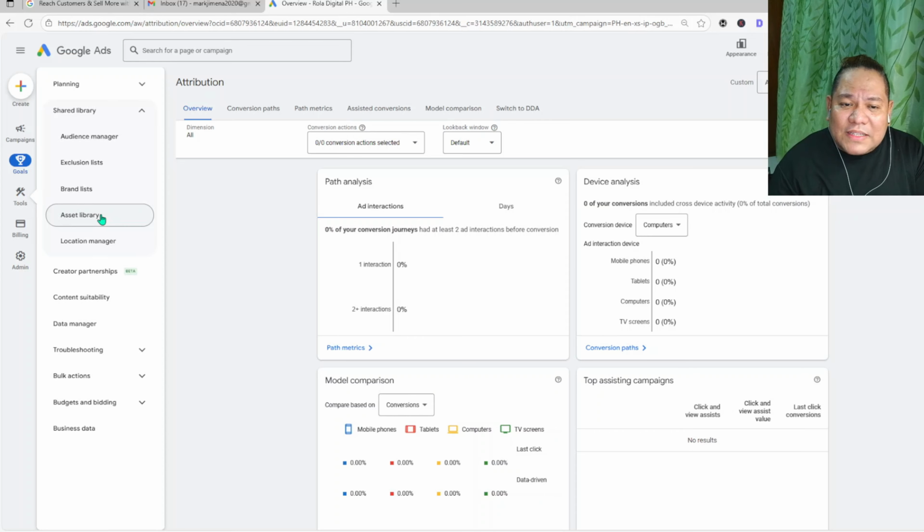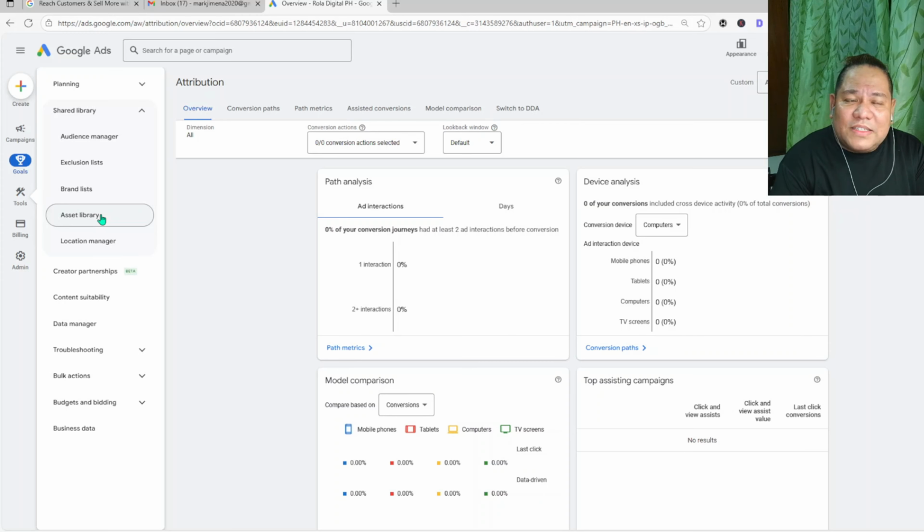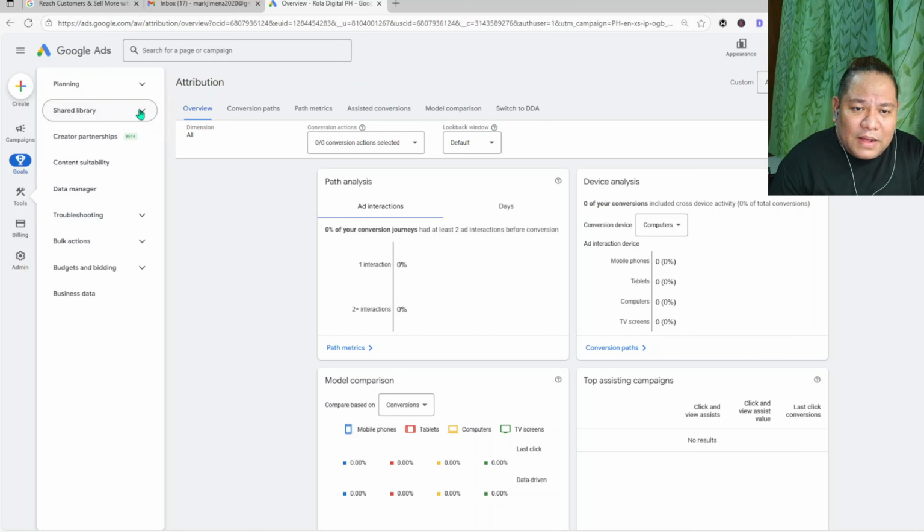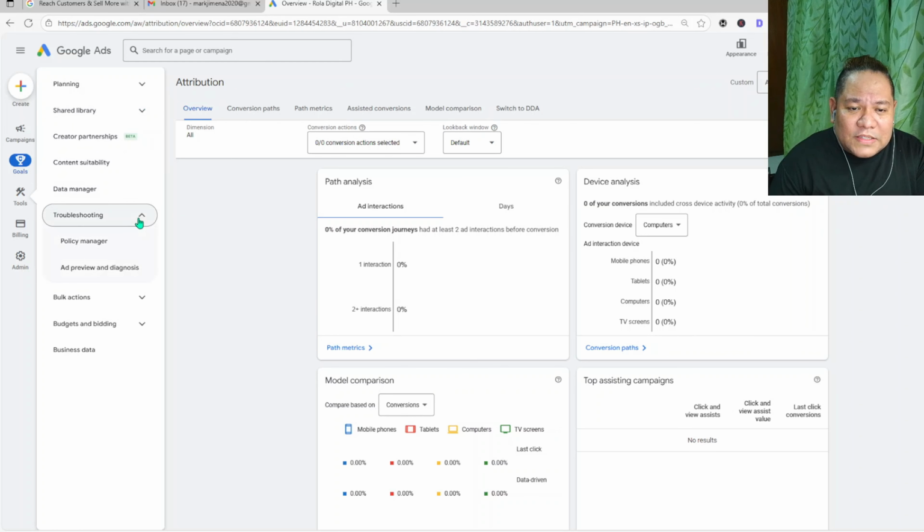So if you have this asset library on a campaign level, it may not work. So you actually have to just think of the pros and cons there. But other than that, everything is good. So for this, other than that, one of the things that I've actually used is the troubleshooting because I have